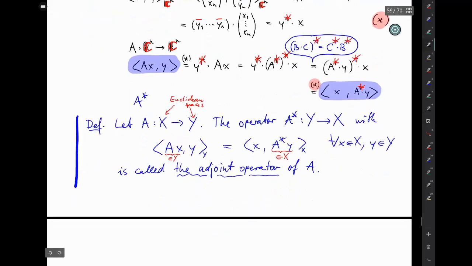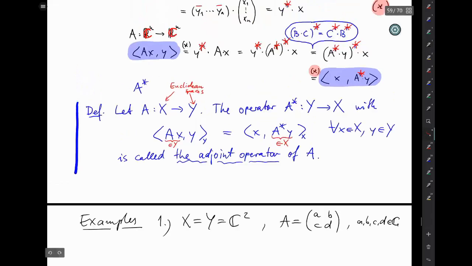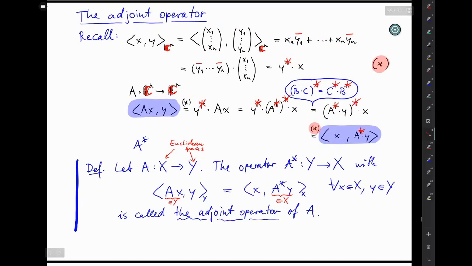Okay, time for examples. As a first example, let's just take an operator from C2 into C2. So that operator A would then be given by a 2 by 2 matrix. Let's denote its entries by A, B, C, D, which are 4 complex numbers. And let's see what we get as the adjoint of A. I mean, we've done all the computations here, and if we've done everything right, then the adjoint operator that we